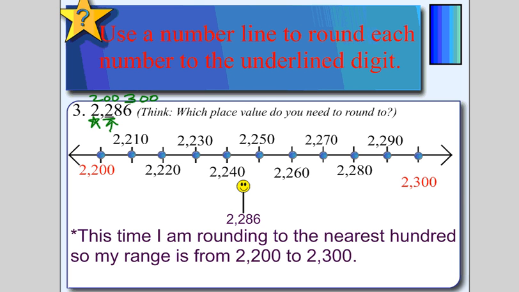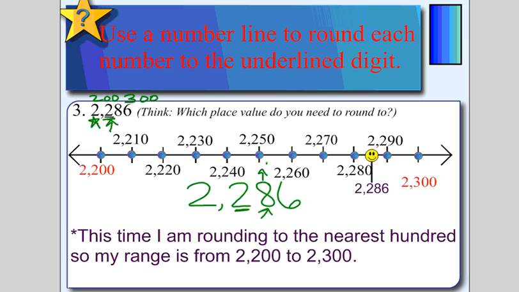So based on a number line, I see and label this number line, and I find that 2,286 would be somewhere in here. It's obviously closest to 2,300. If I use our little poem as our rule, I would look to the right. I'm rounding to the nearest hundred. So I'm looking at the 8. It's 5 or above, so I'm going to shove it up to 9, turn the 6 into a 0, and I end up with